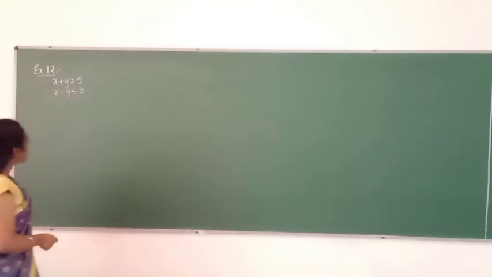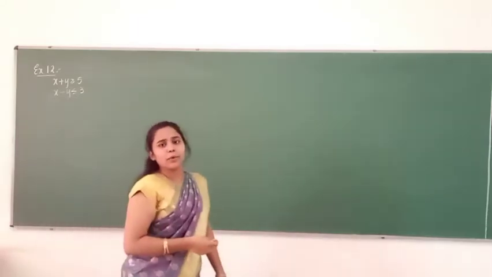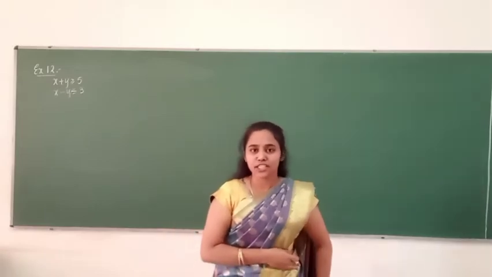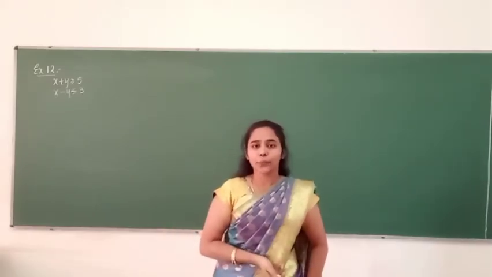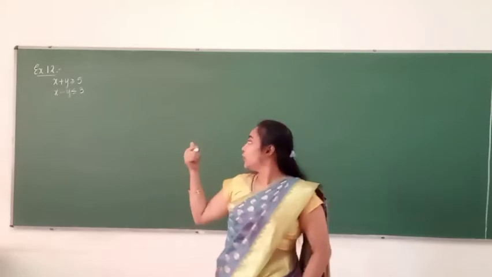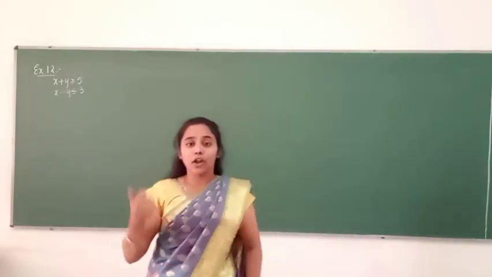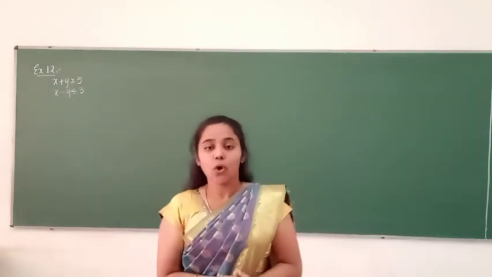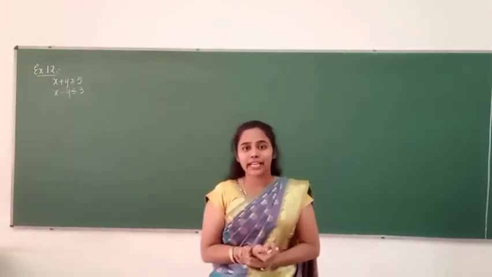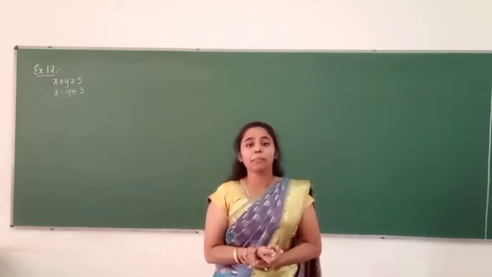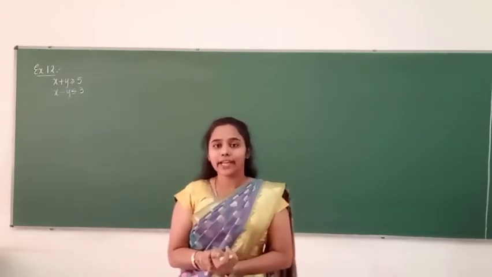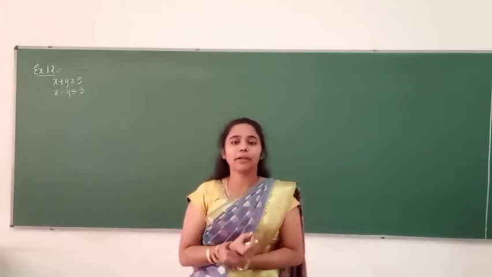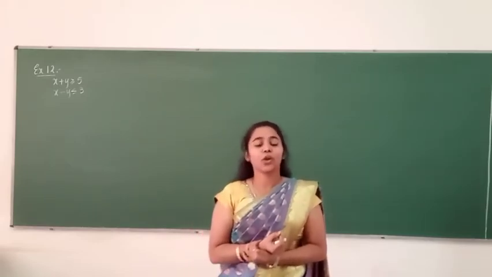Before I begin, what I want to say here is that it is the same as the exercise we have already solved, that is 6.2. But here we will be getting 2 or 3 inequalities. Along with them, we will even get inequalities like x is greater than or equal to 0, y is greater than or equal to 0. But in those cases, those inequalities will not be plotted on the graph, because they already indicate the first quadrant points. When that example is present, I will again say what it means.